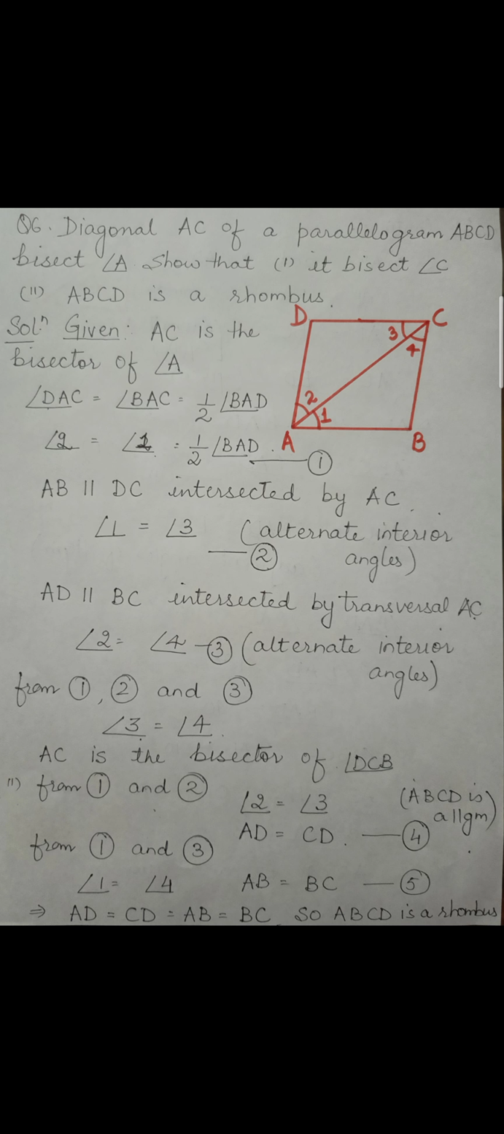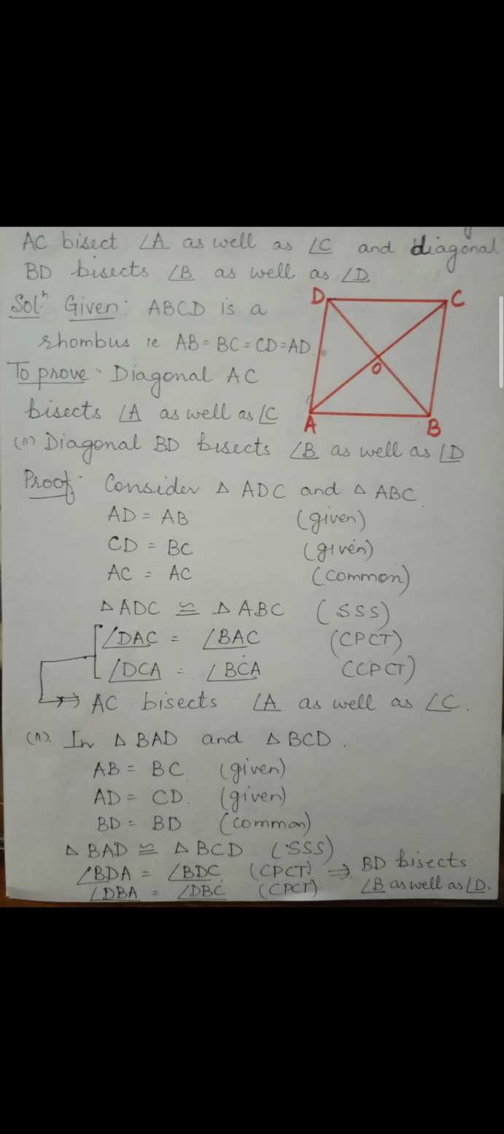Now if we take equations 1 and 3, in 1 we have 2 is equal to 1, in 3 we have 2 is equal to 4. That means the left sides are equal. We can use angle 1 is equal to 4. If 1 is equal to 4, then AB is equal to BC. Now AB equal to BC, AD equal to DC. In a parallelogram, adjacent sides are equal. So ABCD is a rhombus. Now next question we have,